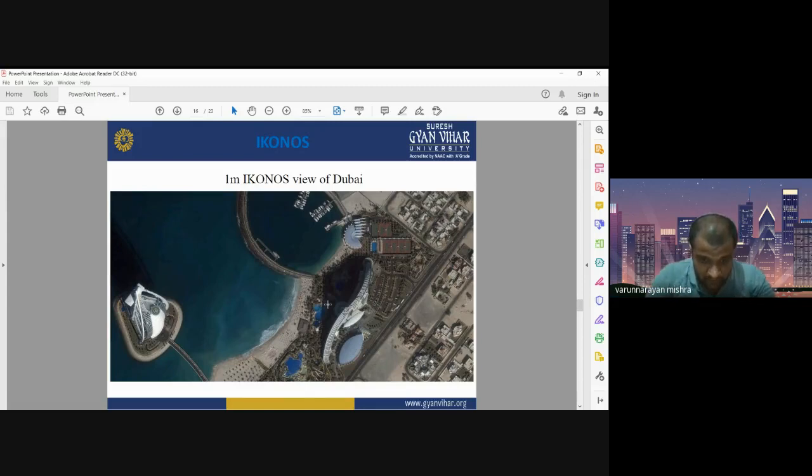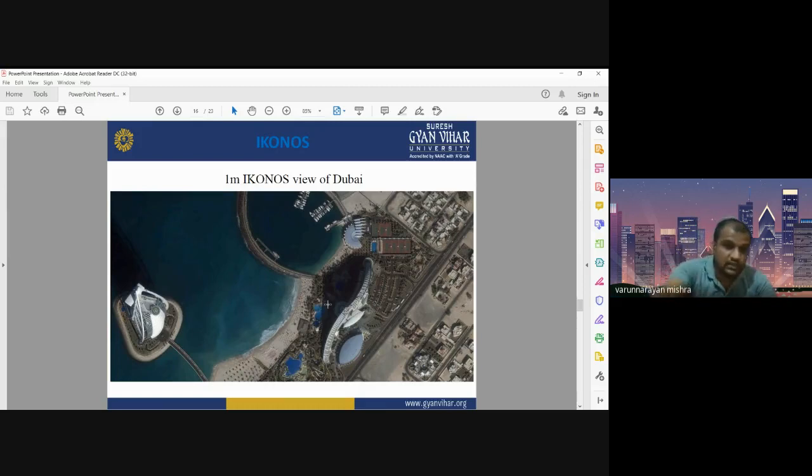So resolution merge is also an important concept in remote sensing. If you are using a high resolution panchromatic band of an area with high spatial resolution, and you also have the multispectral image of that area with lower spatial resolution, when we merge 1 meter panchromatic band with the 4 meter multispectral band, the final product will be a 1 meter multispectral image. Meaning the final product will have the spatial details of the panchromatic band and the multispectral information from the multispectral band.